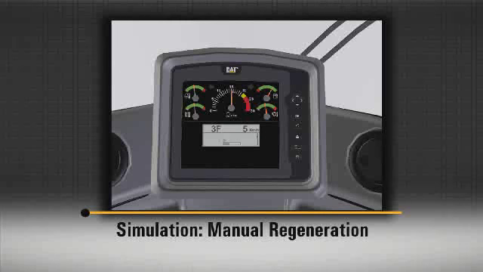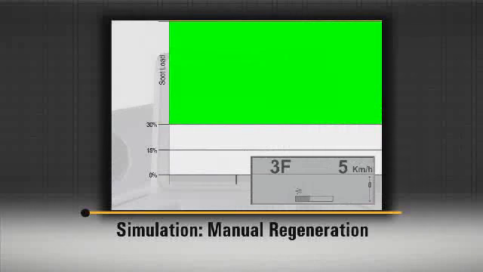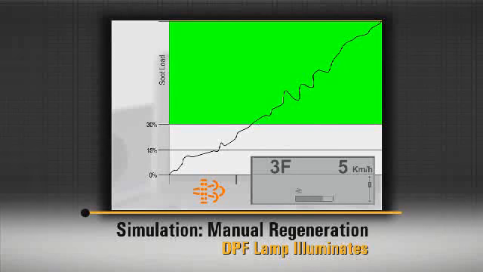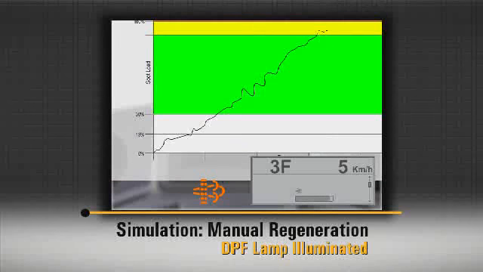In manual mode, the DPF will continue to accumulate soot until the operator presses the manual regeneration switch in the cab. Here, we see that the DPF lamp has illuminated. Again, this tells the operator to regenerate at the next possible opportunity. The operator continues to work. The soot continues to increase in the diesel particulate filter, and before it reaches 100%, the operator determines that it